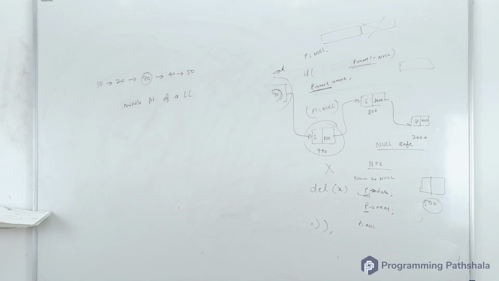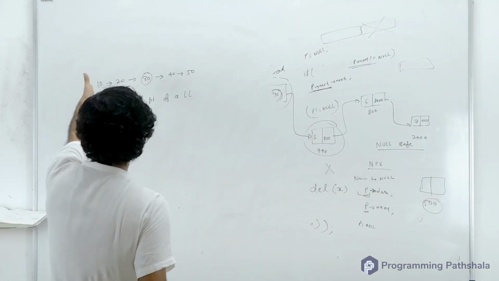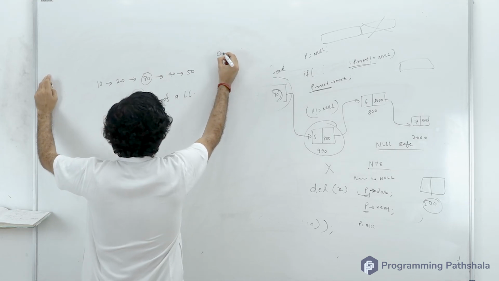Let's say you are seeing it for the first time, or your interviewer asked it and you never did it before. What will be your first approach? Yes, first you will count the number of nodes. Very good. After counting the number of nodes, you can easily solve this question. So you count the number of nodes while performing your traversal, and that count comes out to be